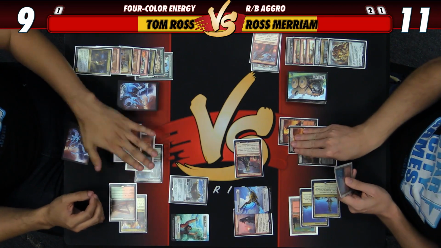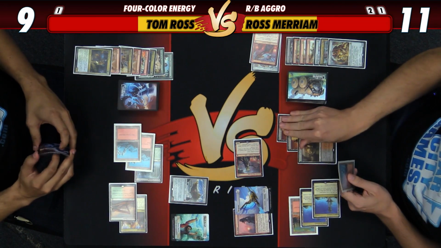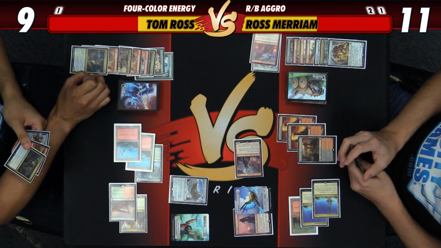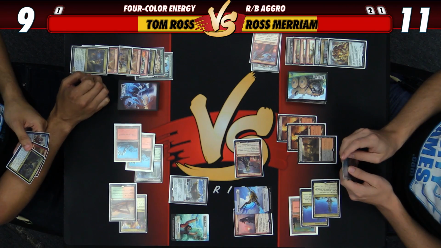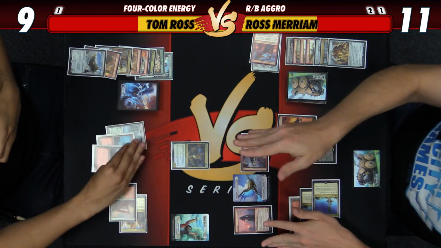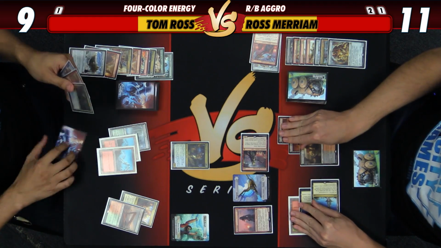Okay, now the question is whether I want to play this land, and I don't think I do. Yeah, there's just no point. And you block with Sky Sovereign. No, I'm block with Sky Sovereign. Sure, you can go. I think I need...